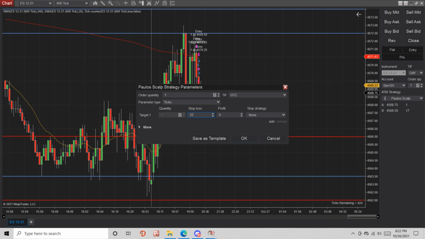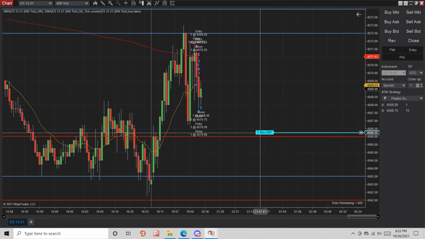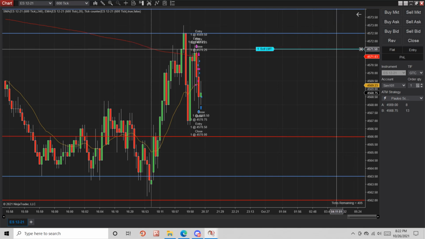Okay, now let me give you an example. I told you guys how it looks for selling. Now let me talk about buying. When I buy the market, let me enter. Order submitted. So right here, as you guys can see, it says 1 buy limit. This is what it will always look like when I'm entering a trade. It will either say 1 buy limit or 1 sell limit. I will always do limit orders because I do not want to get, if I do a